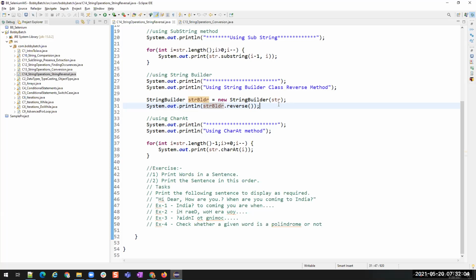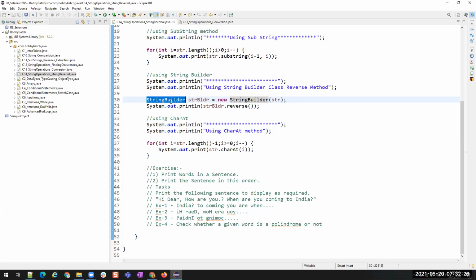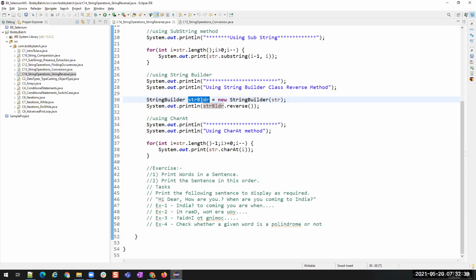We are going to create a duplicate copy, or get a new CD, write everything into that CD and share it with them, or get a new pen drive, copy the code or that video into the pen drive and give it to them, right? In a similar way, the StringBuilder class is present, but now I want to access the methods or members of the StringBuilder class. So instead of doing it on the original copy, I'm copying everything into the StringBuilder object. Whatever methods and members are present inside StringBuilder will now be accessible by this string builder.